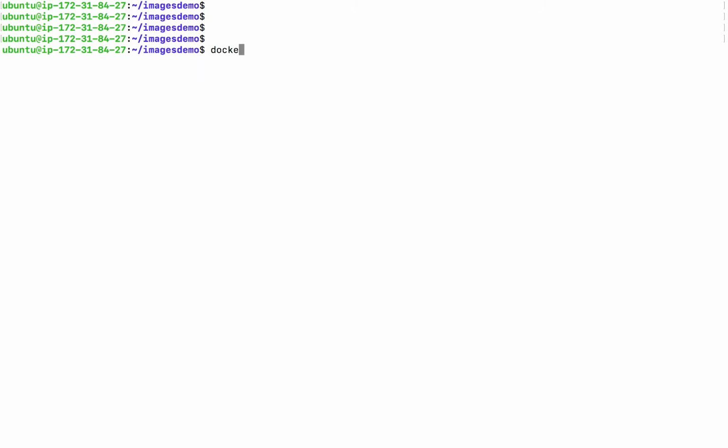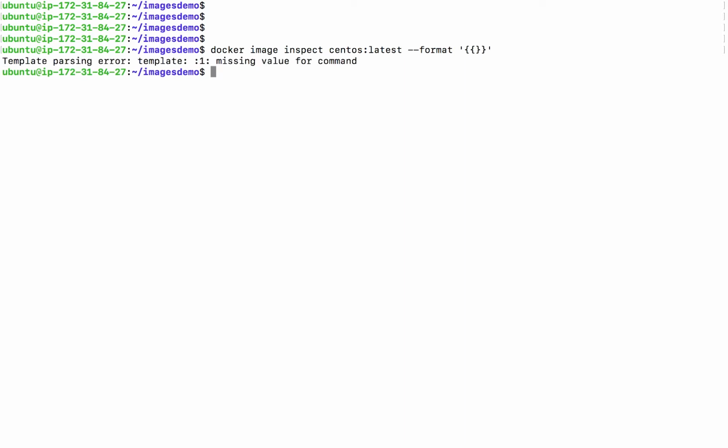So I'm going to do docker image inspect CentOS --format, and over here I will specify what exactly we want to look. So again, I'm going to go back. This will not work, so I'm going to do docker inspect,